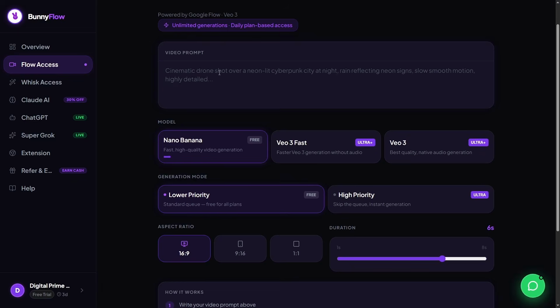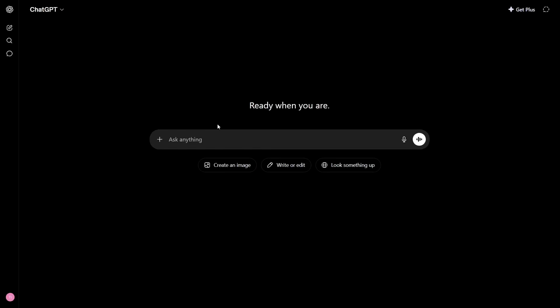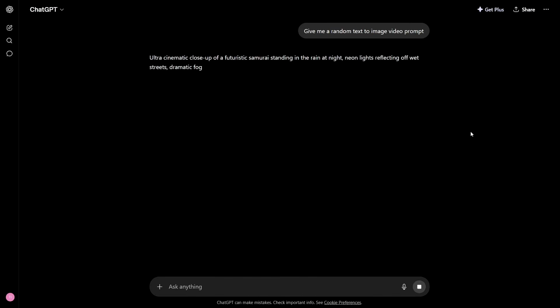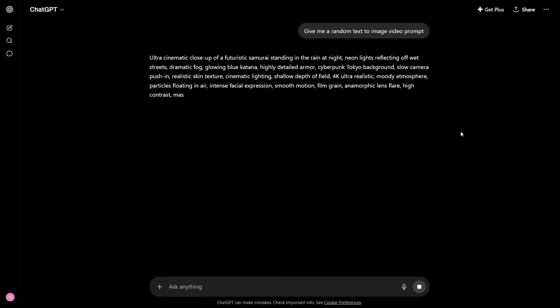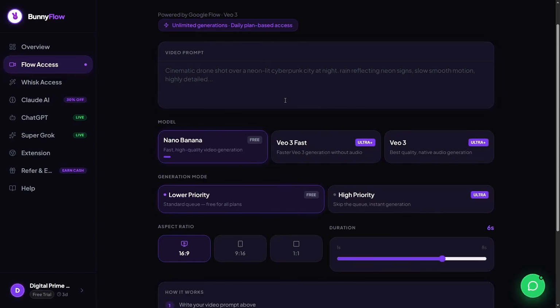for you. Now this is where a lot of people get stuck. They don't know what to write in that box. So here's the easiest way to handle that. Let's head over to ChatGPT and just type in, "Give me a random text to image video prompt." ChatGPT will generate a really nicely written, highly detailed, and cinematic prompt. Exactly what we need. Once you see it, copy it, head back to the tool, and paste that prompt into